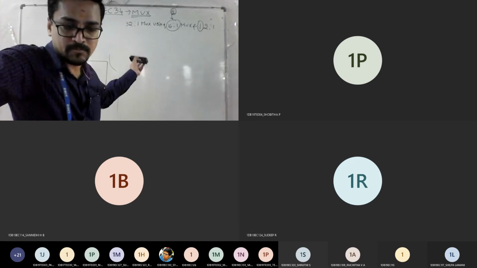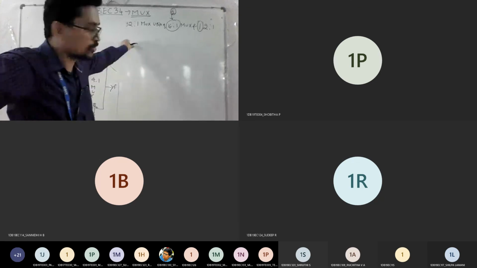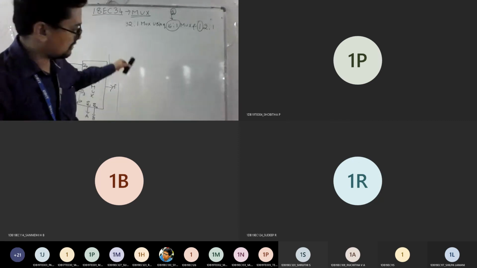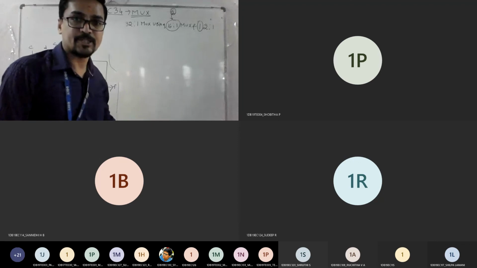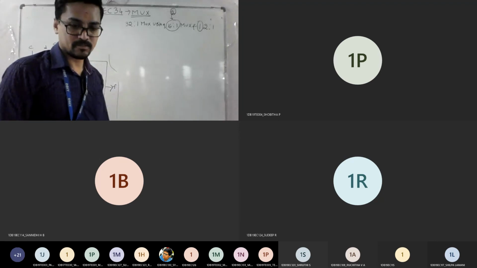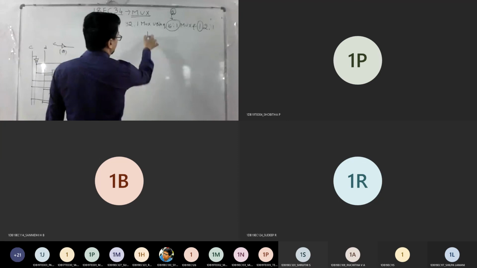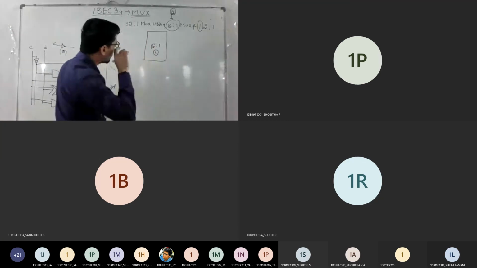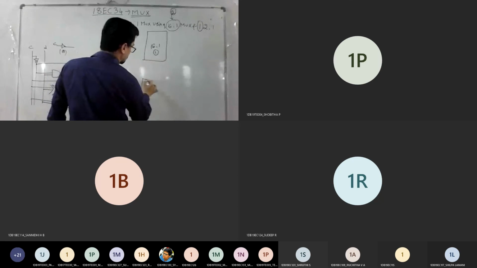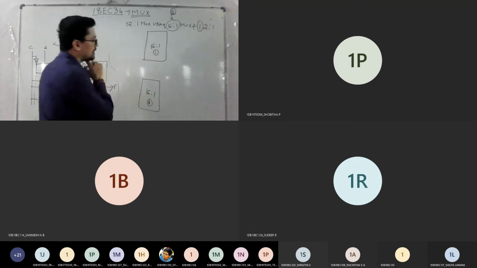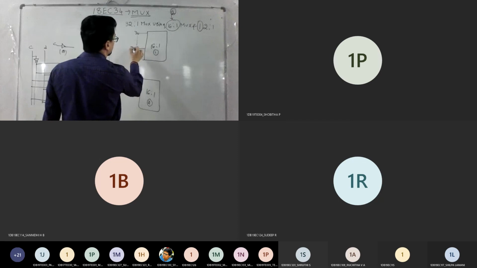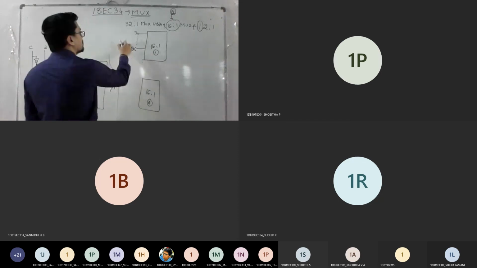So I hope you can draw this now. You need to write 2 16 is to 1. So input from D0 to D15 is one, then D16 to D31 is one more. So just write a rough sketch here. So this is one 16 is to 1 mux. Similarly we will write one more, the second 16 is to 1 mux. So here you will start with D0 and end with D15. So these are 16 inputs.